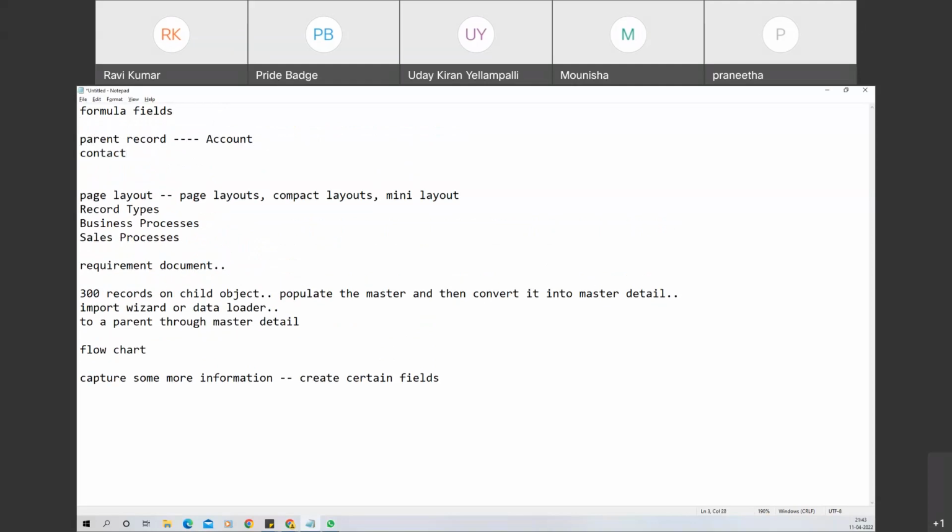Now on the contact, I have this field account number. Whenever I update this account number on the parent account, I want a field on the contact, which is also account number, to be updated. Got it? So formula fields, or formulas,